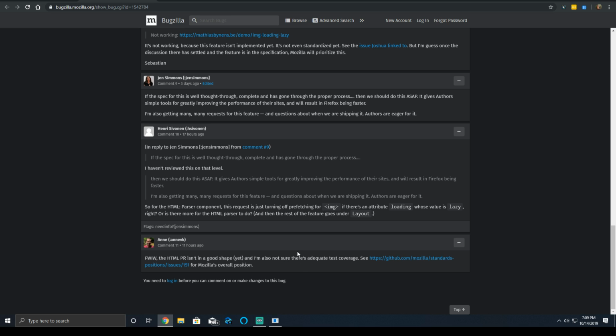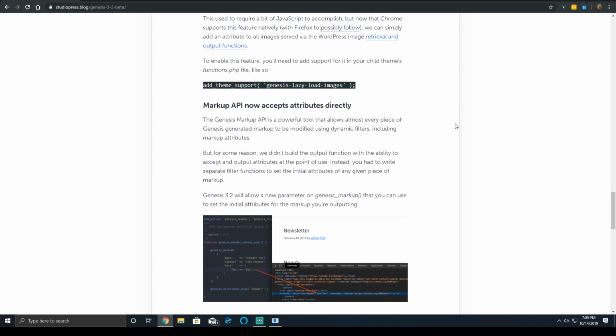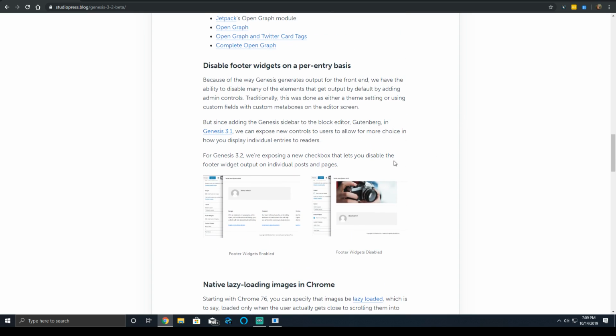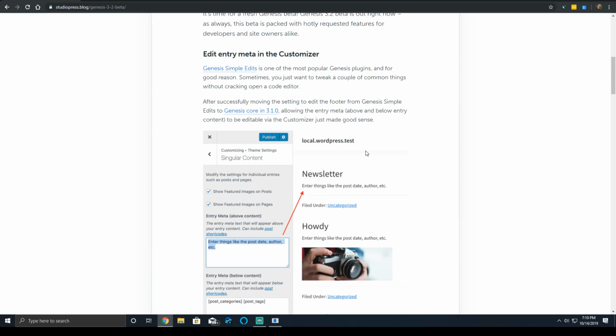Essentially, it's a good feature that they've added because it should have been added. However, it's kind of gimmicky. Some of the things that Genesis should really focus on are some additional items to help build the site. Part of the thing that everybody does when they come up with the WordPress site now is